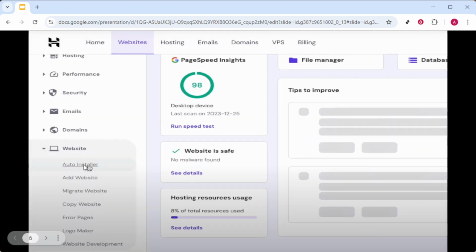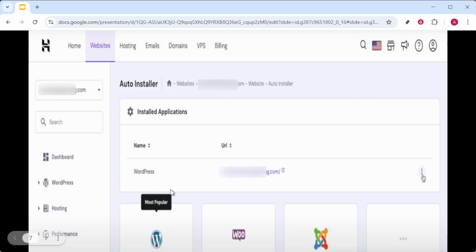Here, you'll find an Auto Installer tab. By clicking on this, you tap into a handy feature that simplifies the process of installing and managing applications like